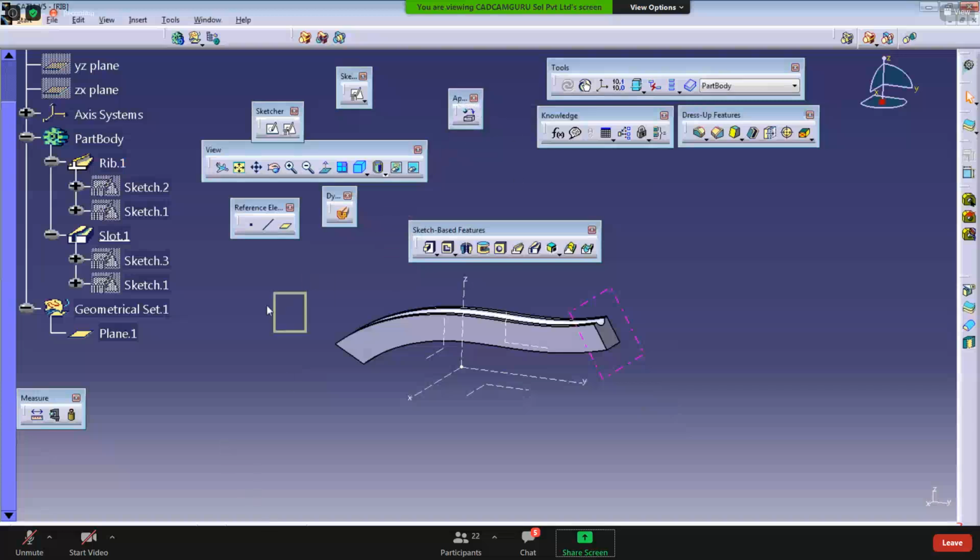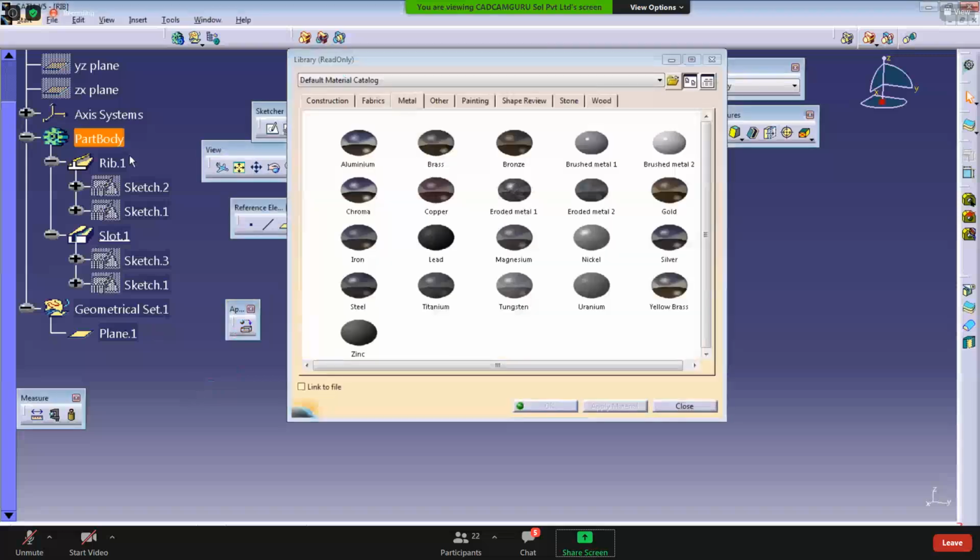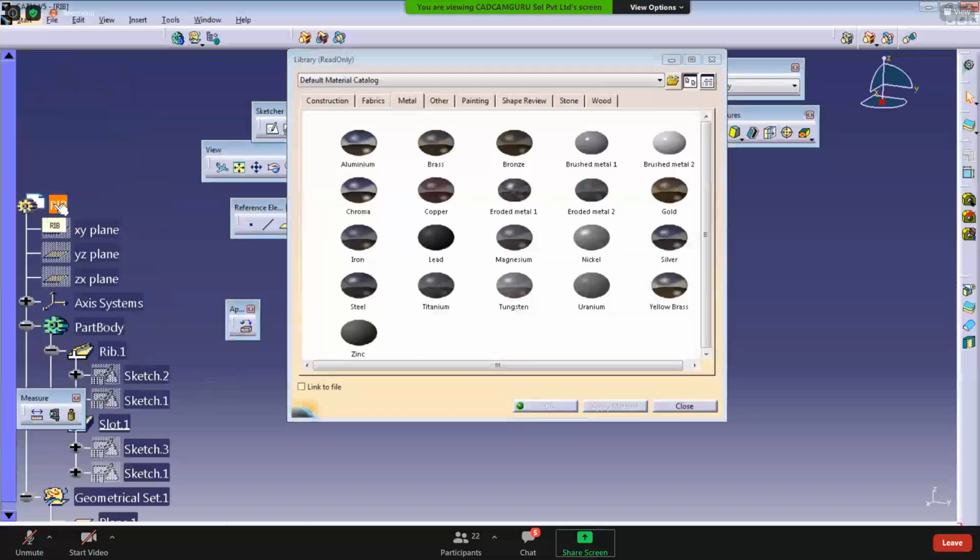So check the apply material option. Click on this. Where to apply material, on the body or the entire part? See, if you apply material on the entire part, the material will be displayed in the bill of material during assembly drafting.